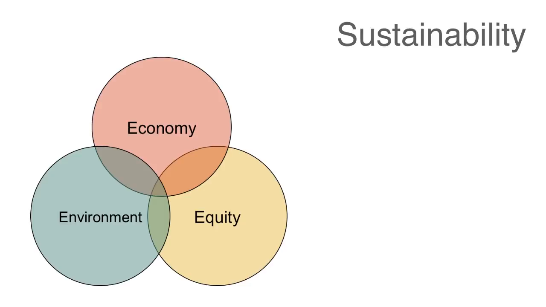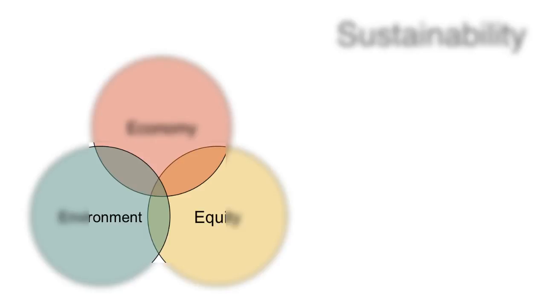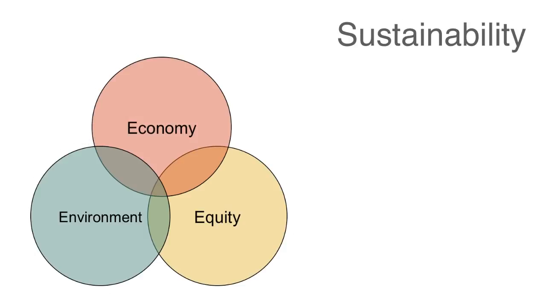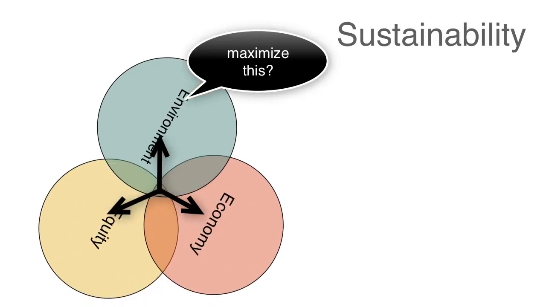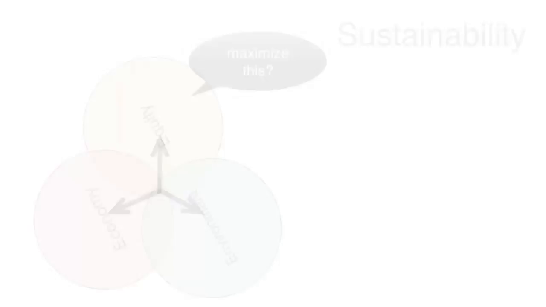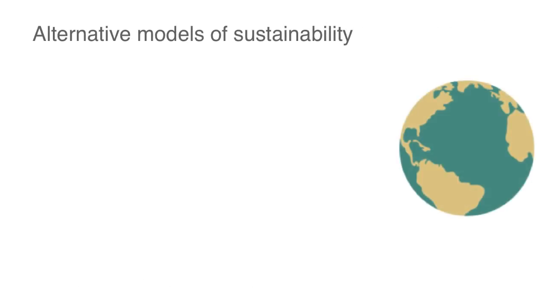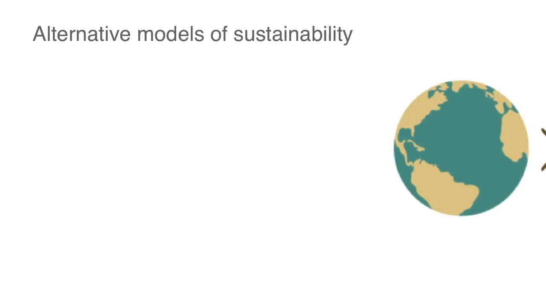There's a way in which this particular model falsely depicts the situation. For example, what is the possibility of economic activity that resides outside of the environment? This model visually promotes the idea that the goals of these are entities unto themselves, where there is sometimes an overlap. This can lead to the false notion that there is an inherent competition between the goals of economy, equity, and the environment. An alternative model is to consider the physical relationship between the three.